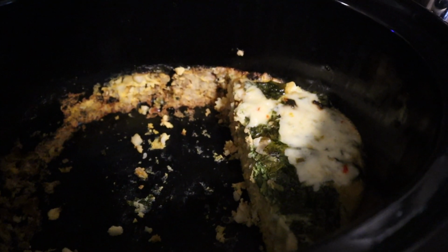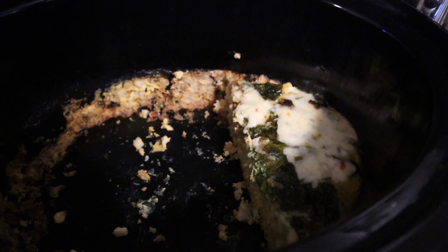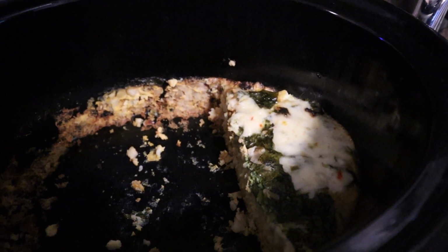So I slept in a little bit this morning, and it looks like the egg bake was pretty good because that's all that was left. So they saved me some. I had put some pepper jack cheese on it earlier this morning, but